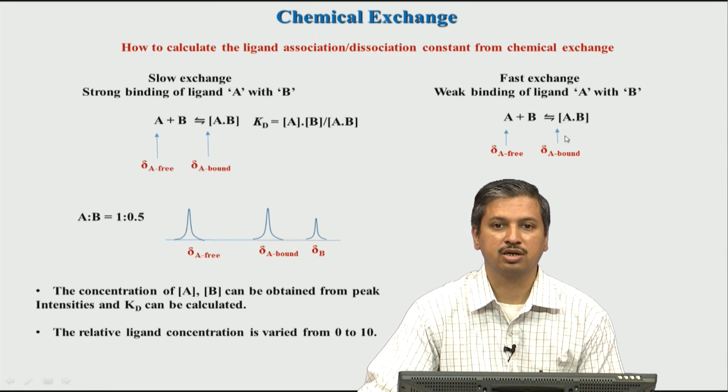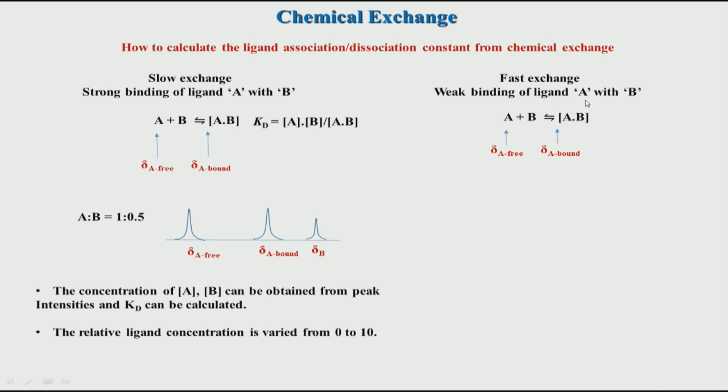It is shown here. Suppose we have the same reaction now, but this time it is a weak binding. So, the ligand does not bind very strongly, and based on the exchange rate, it is faster compared to the chemical shift difference. Remember again, it all depends on the chemical shift between the two states, and if the rate of exchange is fast compared to these two states, then the scenario will be that as you increase the B, your peaks will start shifting, because it will start going more towards the bound form. So, when you are increasing the B value.